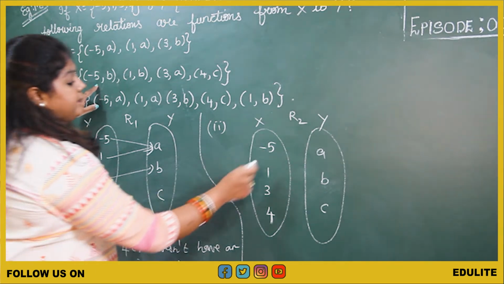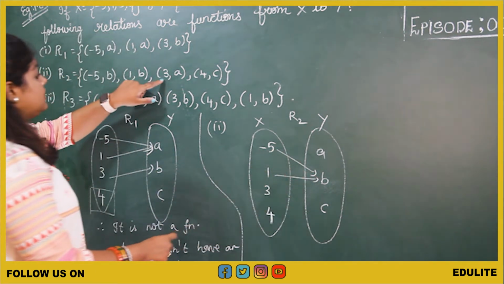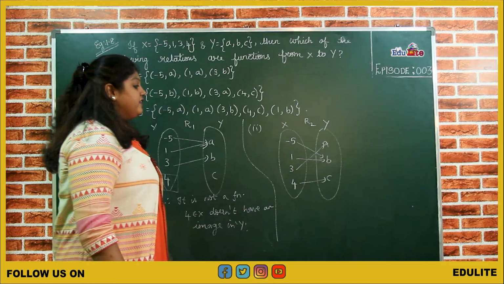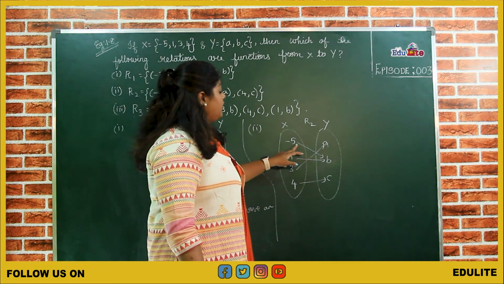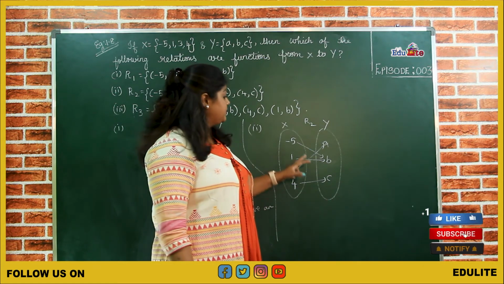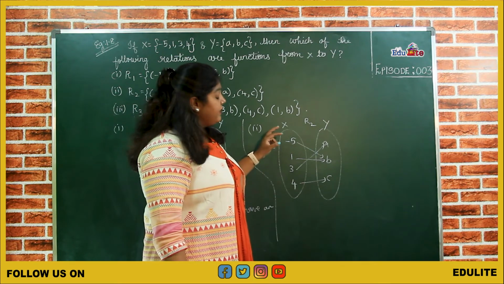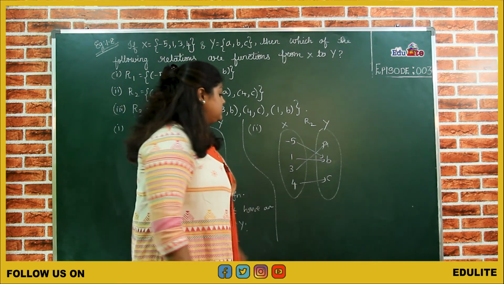Minus 5 is mapped to b, 1 is mapped to b, 3 is mapped to a, 4 is mapped to c. Is this a function? Yes, it is a function, because for every x in x there is only one y in y, which means minus 5 is mapped to b, 1 is mapped to b. It may happen that way. 3 is mapped to a, 4 is mapped to c. Therefore,